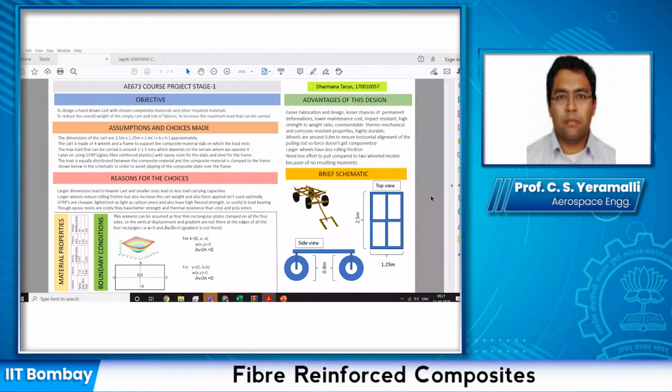Whatever you say in this is your pitch. Essentially, this is your sales pitch. It's a technical cum sales pitch that you are doing, saying that this is the product, this is a technical benefit of it, these are the commercial advantages or benefits of this, and this is why we want to do this. But now, in the next two stages, you will have to back up these points that you are mentioning. Not just for this course but in real life also.